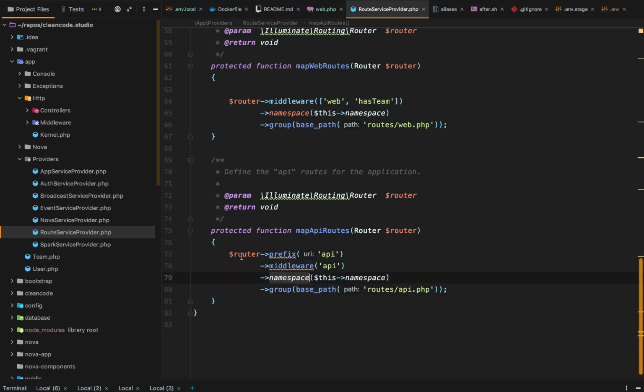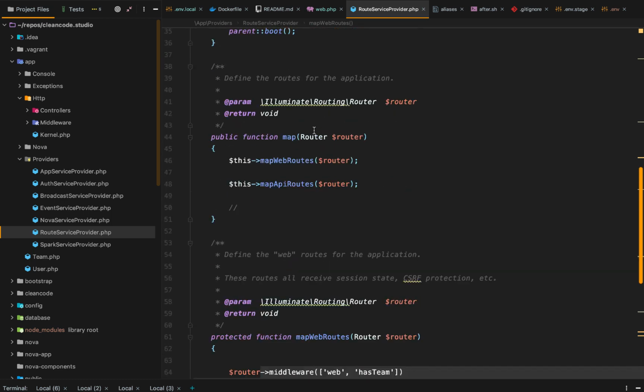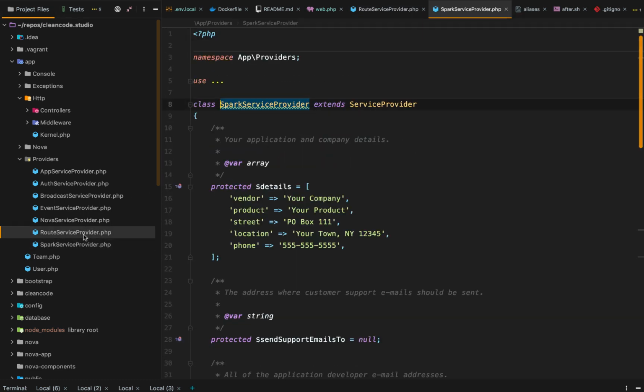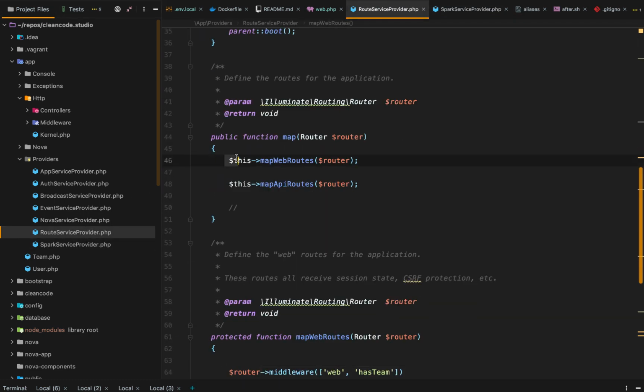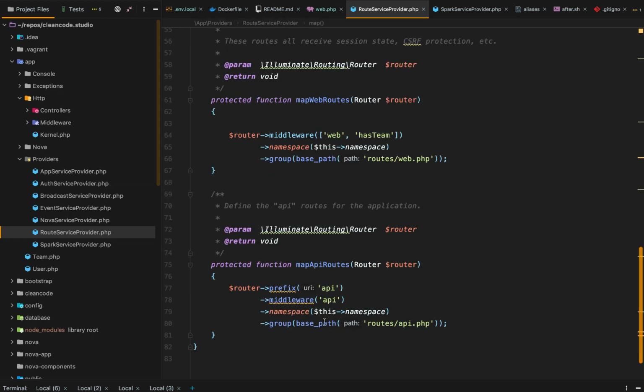here's all of your API routes. Here's all of your web routes. And they're registered within the route service provider. And so when you set them up here, if you want to change, I don't know, the prefixed API,